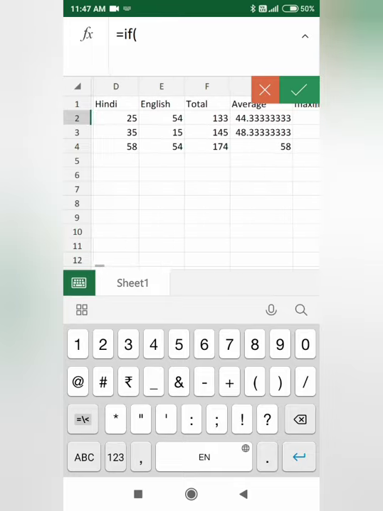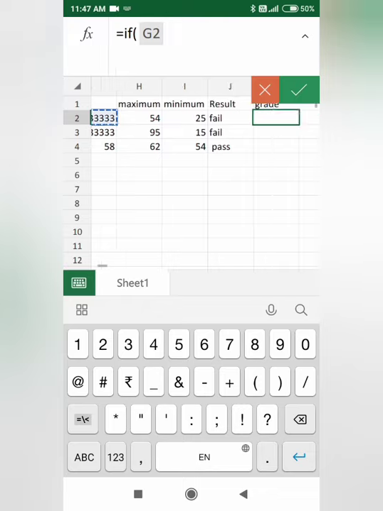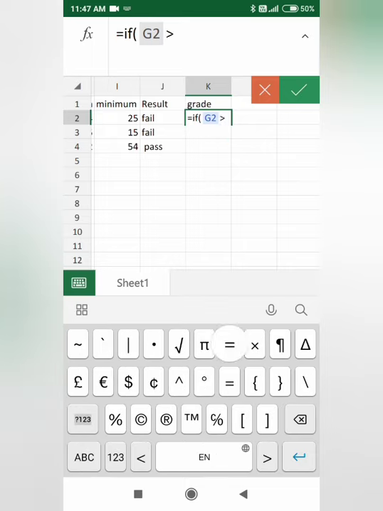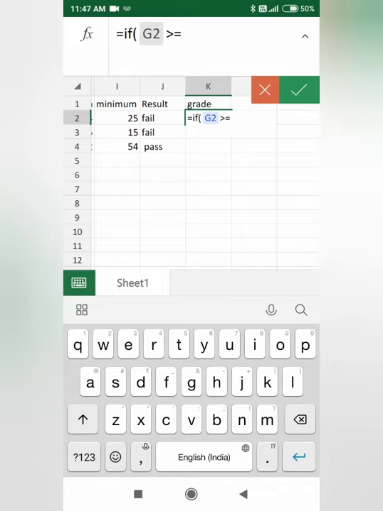Average we have to choose, click at average and write it. Greater sign. Which number do you want to add? I write 70. If it is greater than 70, then give A plus.